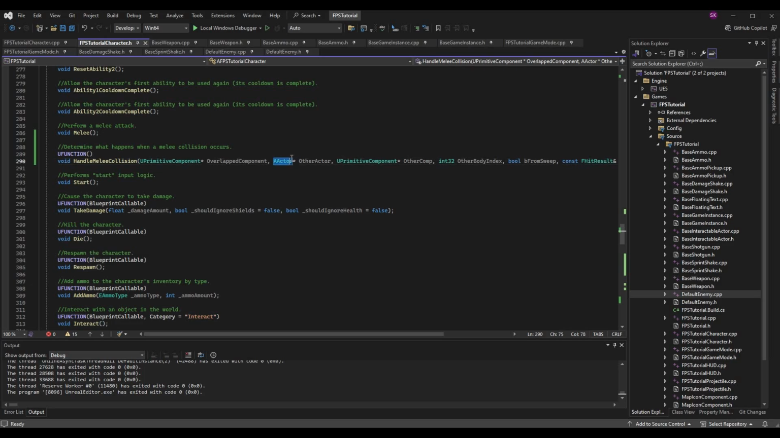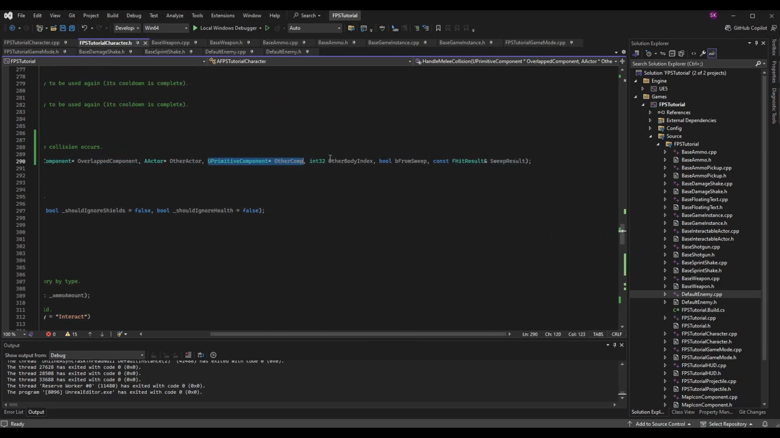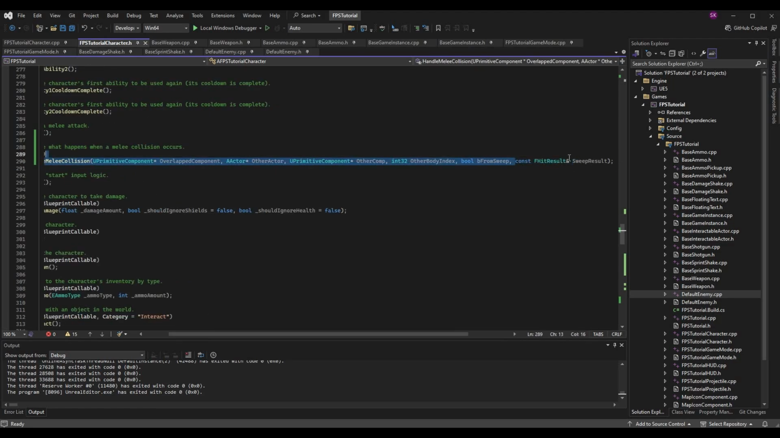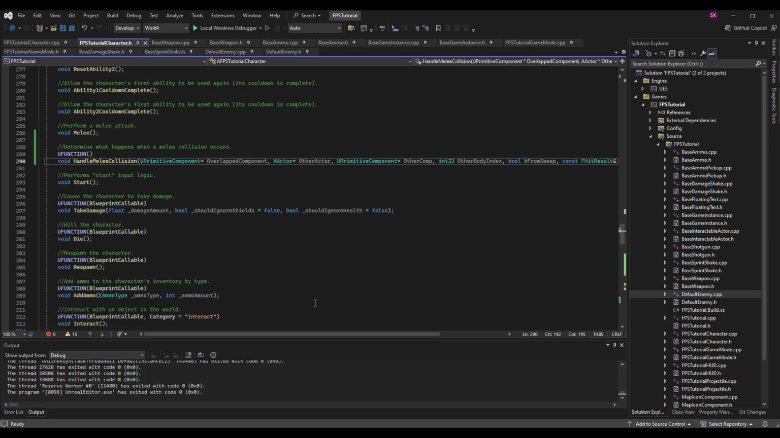Then we have an actor pointer for the other actor that was overlapped. Then we have a UPrimitiveComponent for the other component that was overlapped, that we collided with. We have int32 OtherBodyIndex, bool bFromSweep, and then const FHitResult reference, or ampersand, SweepResult, which is the result of the sweep. So go ahead and put those parameters in, and then once we have this function, we can go back to